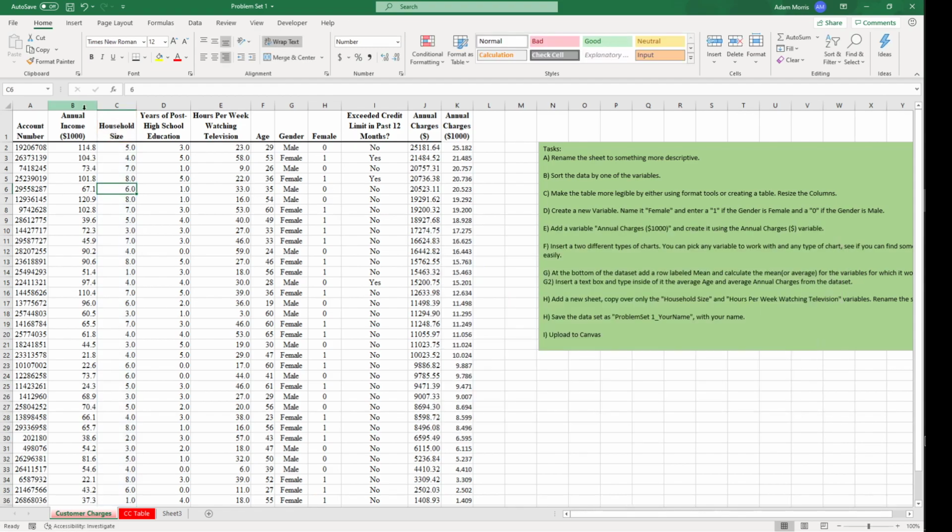The most useful quick chart. So I'm going to select annual income, and I'm going to select annual charges at the same time. So to do that, I'm going to use Control. I've clicked on annual income. If I want to select multiple columns,